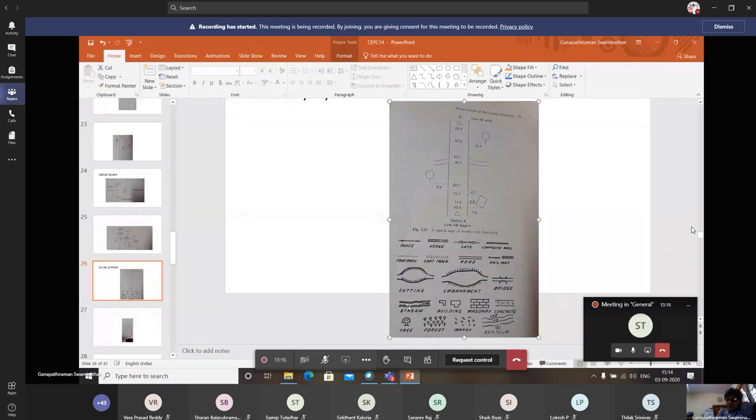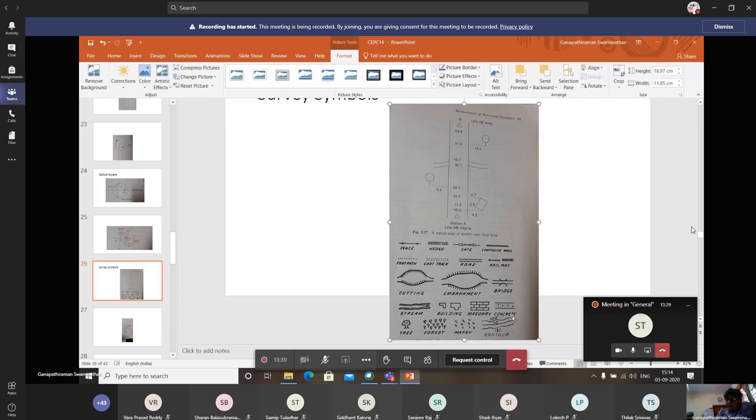So you have got a stream, you have got it this way, this is your building, this is your masonry, and if it is a tree, you mark it like this. If it is a forest area, you mark it like this. If it is a marshy area, you mark it like this. It's a concrete, this is the way. And if it is a railway, single track, this is the way you mark it. If it is a double track, mark it this way. If it's a road, a car track, a footpath, and all these things, the masonry, concrete, and if it is a contour, what is a contour?